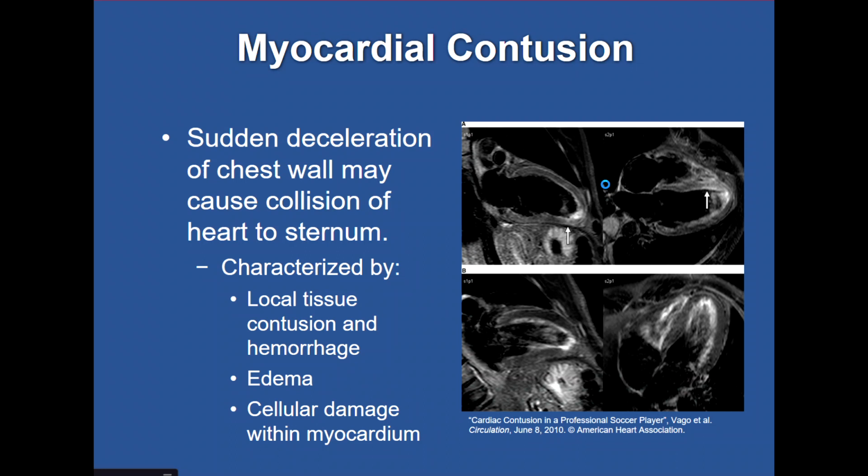So we tend to see these with sudden decelerations. So they're driving along and smack into a tree, smack into a brick wall, smack into another car. They go from 70 miles an hour to 0 miles an hour very quickly. And you have the car hitting the tree, you have the body hitting the car, and then you have the internal organs hitting the inside of the body there. So it's a lot of force that's transferred through, and just like we talked about with pulmonary contusions, it's just like a bruise on that